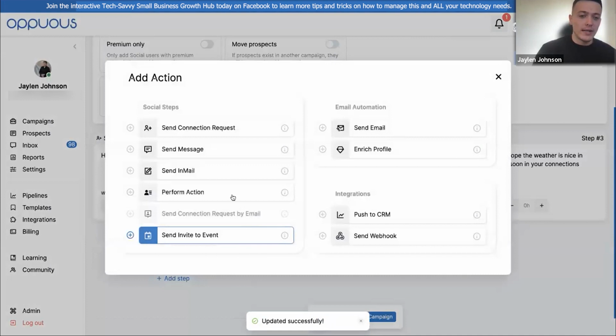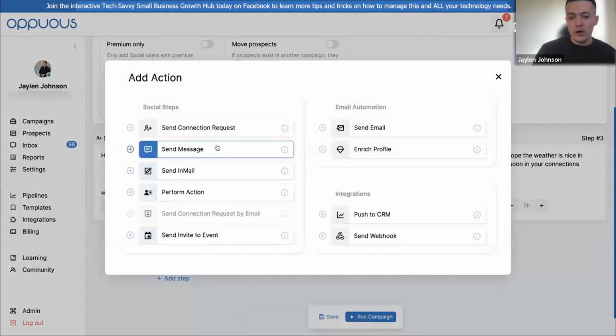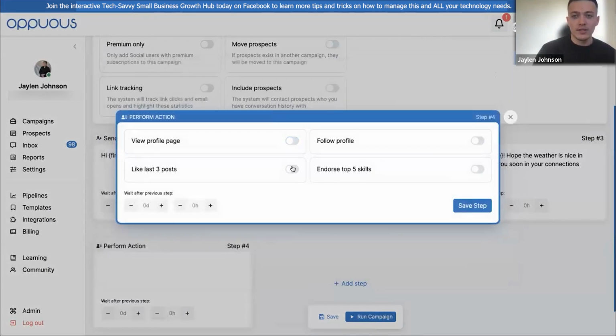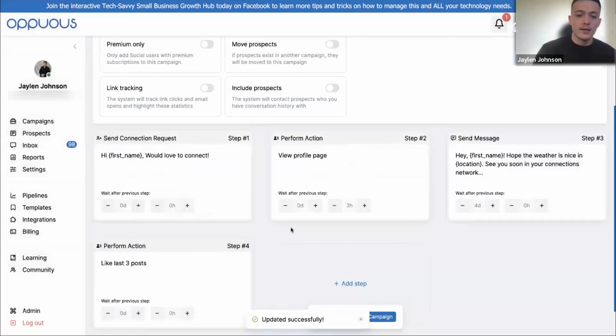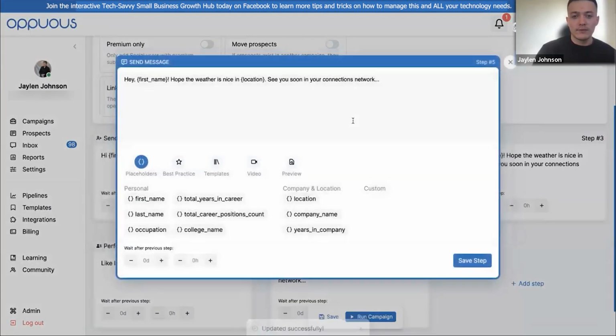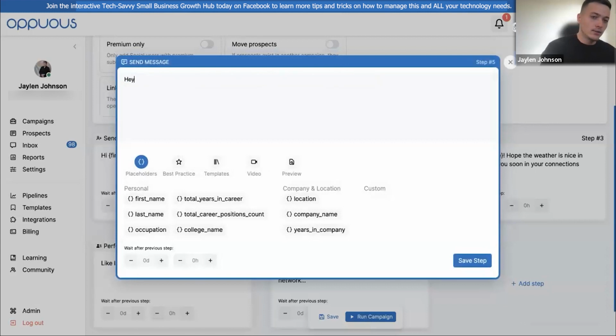Again, as I mentioned, when adding steps, we have our full follow-up process. So you may have multiple send messages, but we can also perform actions just to have those other soft touch points of engagement outside of just hitting the inbox. So let's say I want to like some of their content. And then I could even follow up afterwards after I've liked some of their content and say, hey, I was checking out some of your